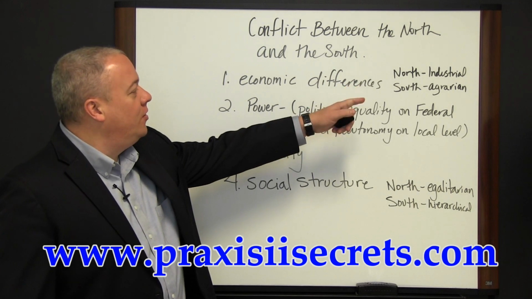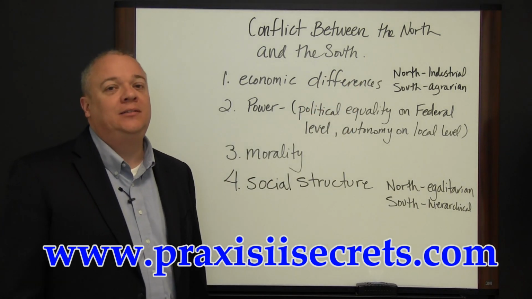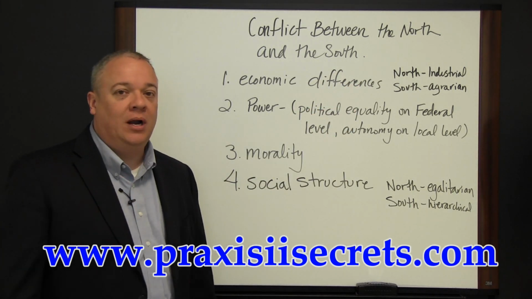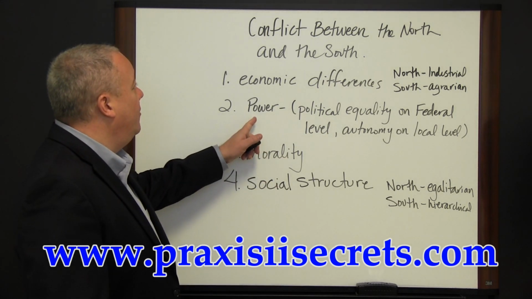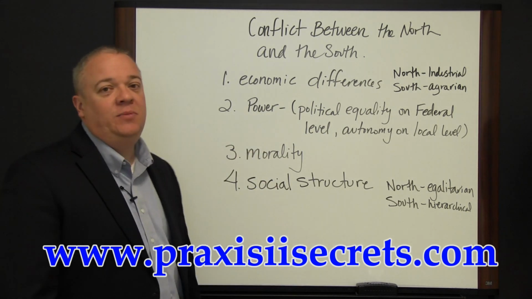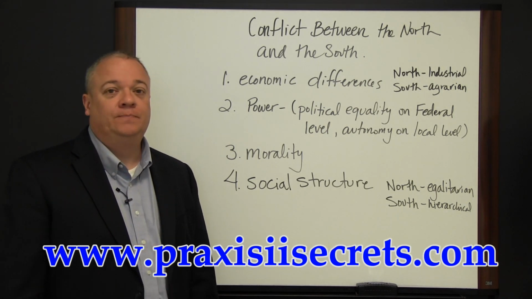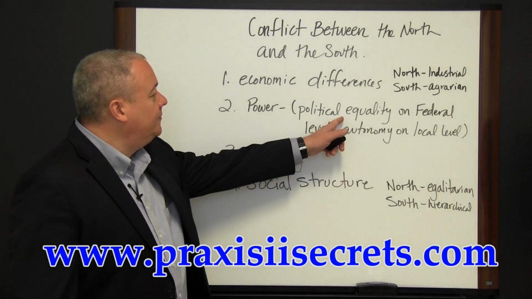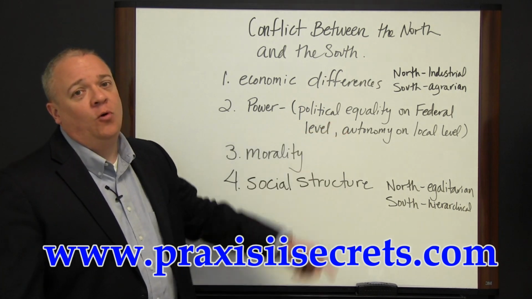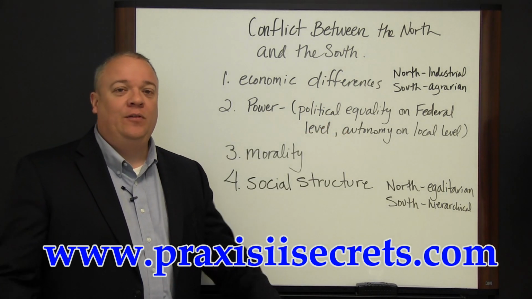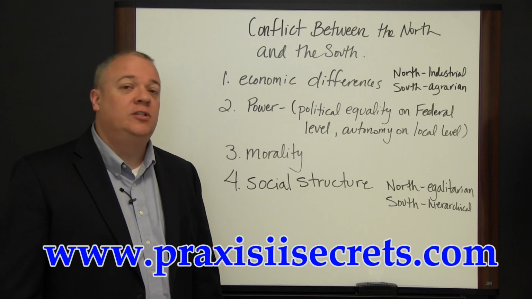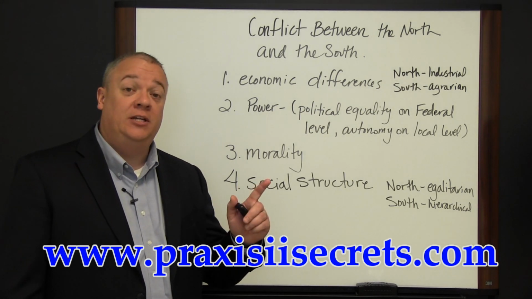Industrial and diversified in the North, agrarian in the South, large-scale plantations, cotton and tobacco primarily. Next, when we think about the conflict between the North and the South, it needs to be seen as a power issue, a political power issue. So on the federal level, what the South was hoping for was equality. Now, if the federal level is run by representation that's based on population, and there's more population in the North